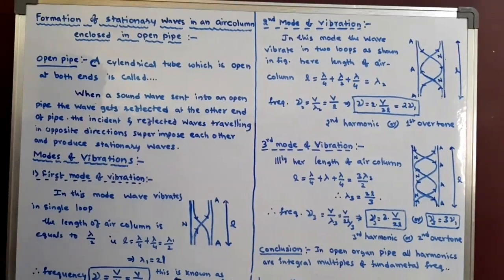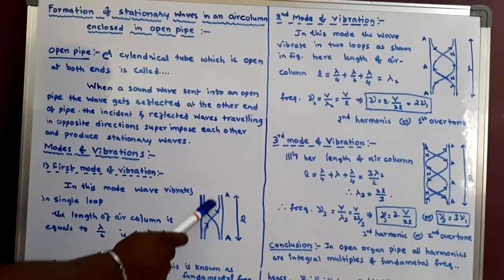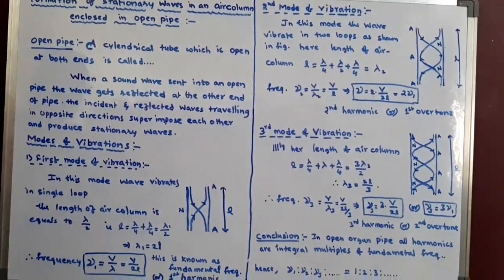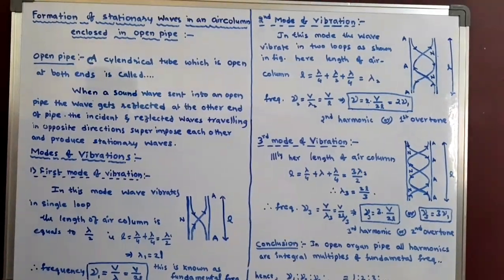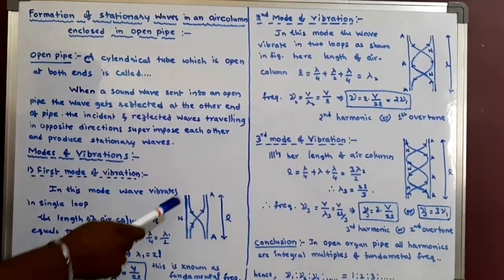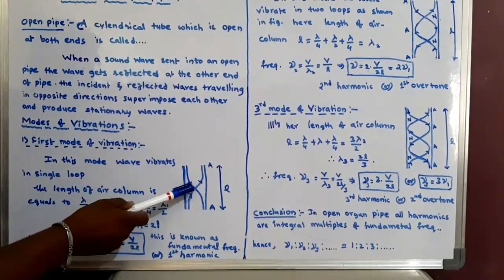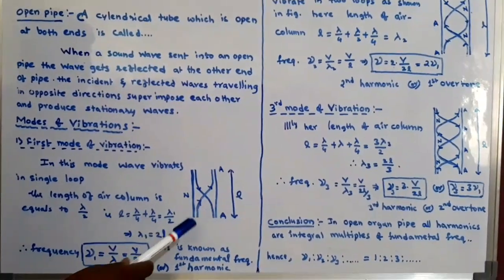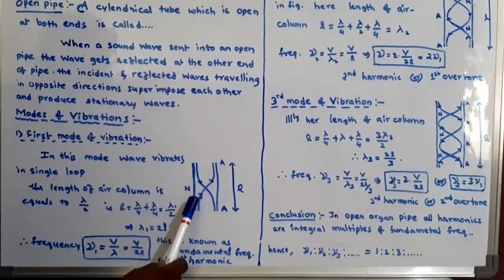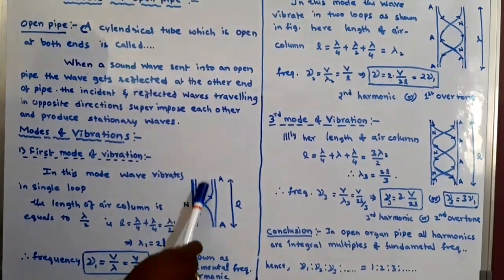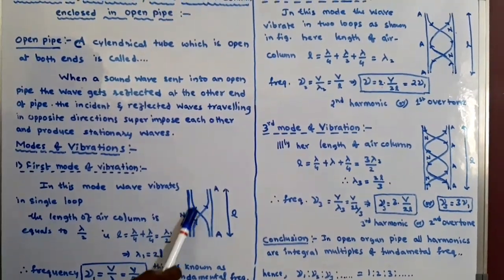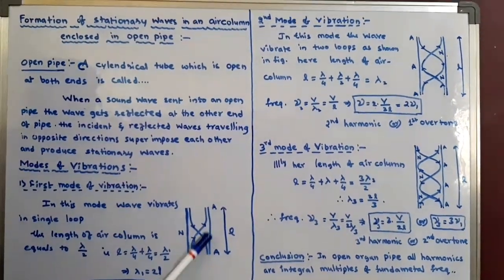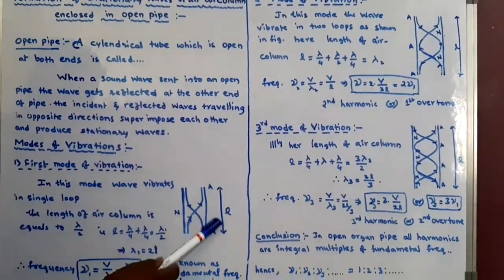See here, according to the node and antinode distance we studied in the last concept, the distance between a node and an antinode is lambda by 4. So here it is lambda by 4 and here it is also lambda by 4. So what is the air column length? What is an air column? The inside of the open organ tube, either gas or air, is named the air column. In the air column, the stationary waves are formed. Then the length of the air column is L.